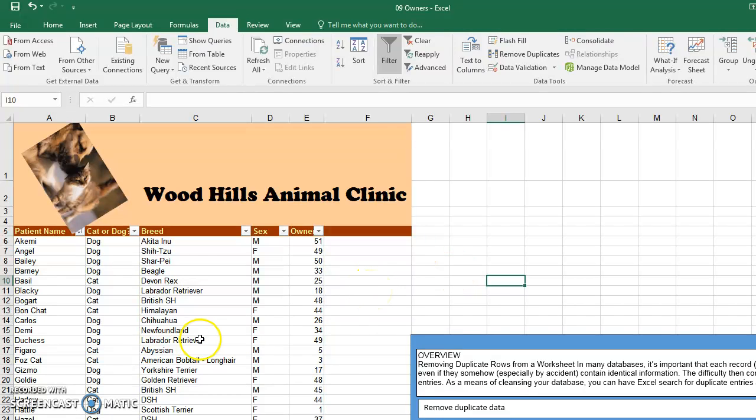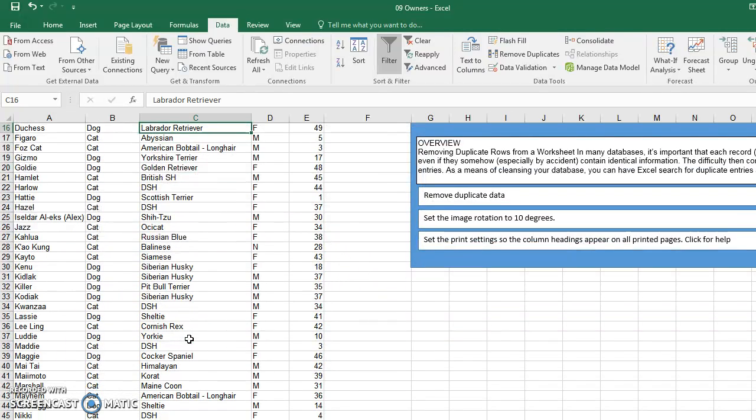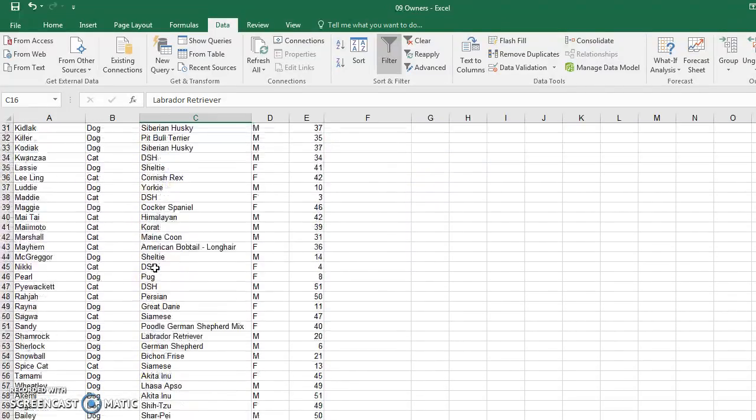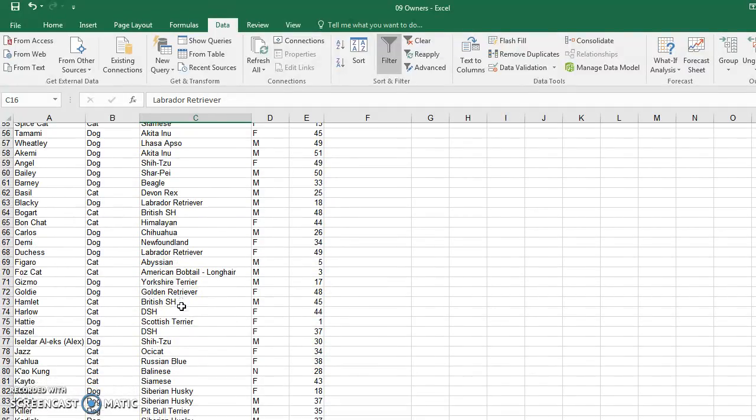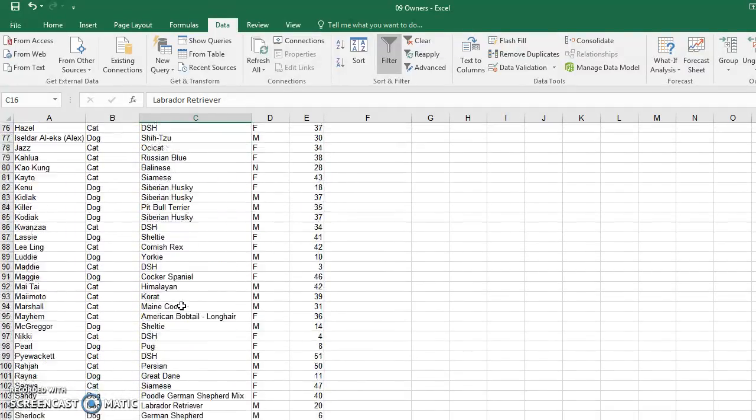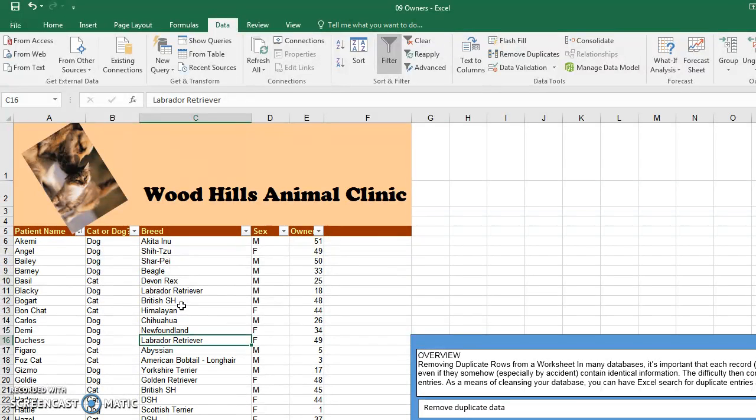Sometimes you might have data with some accidentally duplicated entries, and to clean up your data, you want to remove those duplicates. Well, if you have a spreadsheet that goes on for 500 rows or more, you're not going to want to individually go through and look for those duplicates. So what you can do instead is go to the Data tab, the Data Tools group, and you can choose